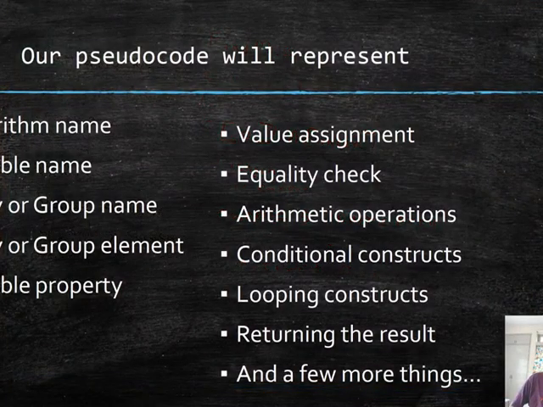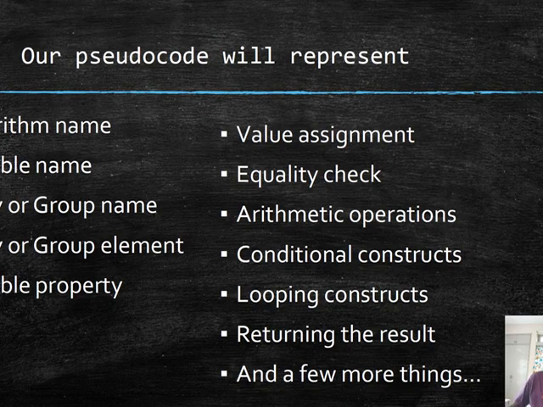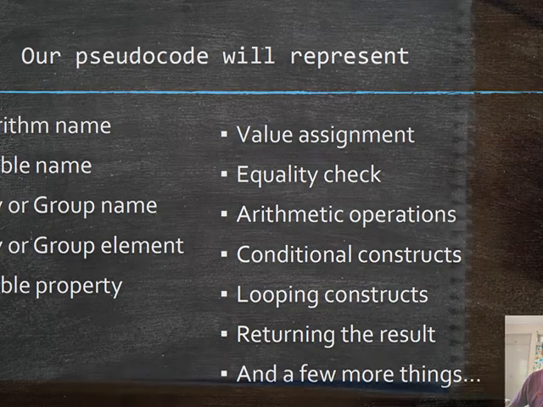Once we have these basic statements in place, we need to define two constructs. First is the conditional constructs, and second is the looping constructs. Sometimes we might want to execute a set of statements only if a certain condition is true. So let's go and specify how we are going to write the conditional constructs. The first conditional construct we are going to have is if.